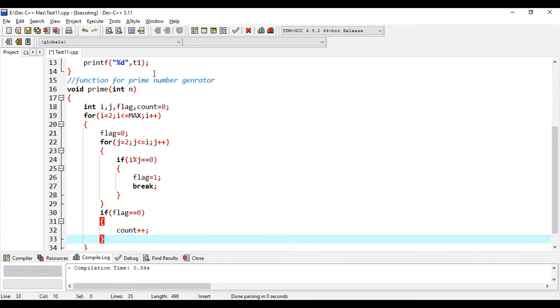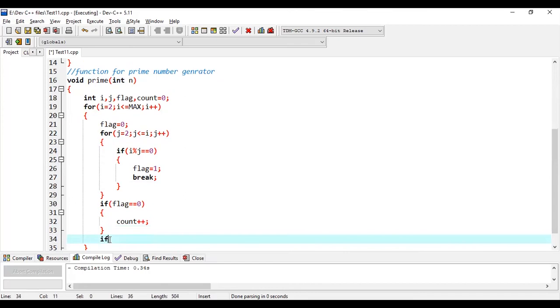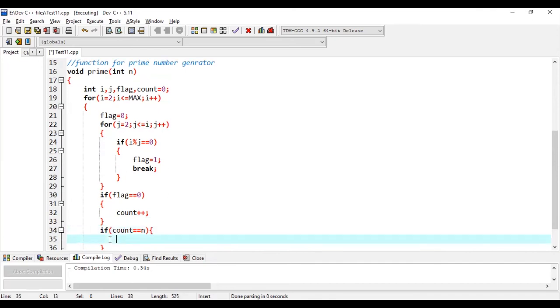Because now, suppose I need to find the seventh prime number, right? How will I come to know which is the seventh prime number? Based on that only I have to make a call, and this n which is there now, this is where I have to check. So I'll check if count is equal to n. If count is equal to n, then what you have to do is